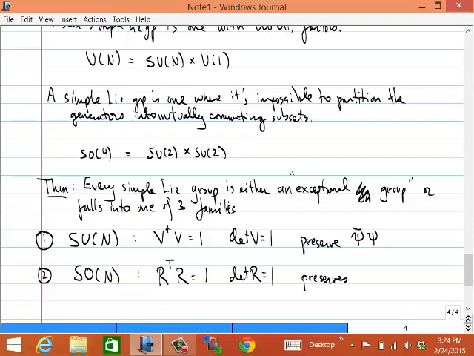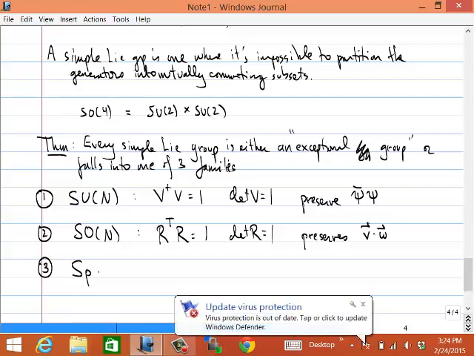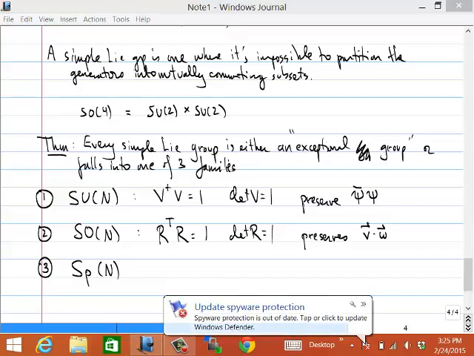So if you have two vectors in n dimensions, their dot product is preserved under an SO(N) rotation. And so that's also something that's probably familiar. SO(3) is the example everyone knows. And the final example, which is one that is maybe a little bit less familiar, although it probably shouldn't be,